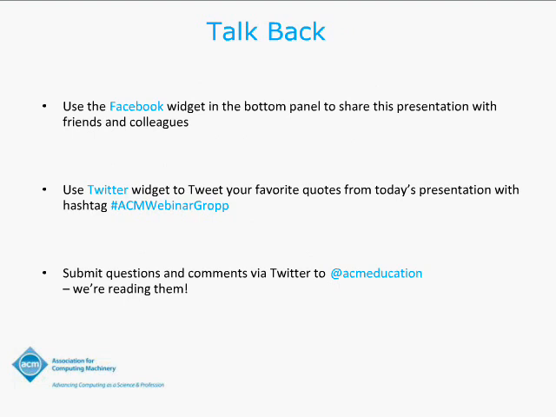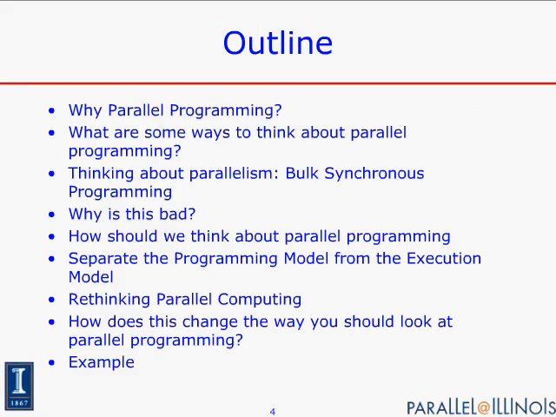you'll see on the outline that I'm going to talk a little bit about how we think about it, a common approach to building parallel programs, particularly in the scientific and technical computing area, which is called bulk synchronous parallelism and bulk synchronous programming, and things that we need to start thinking about, particularly as we consider applying parallelism to very, very large machines. So that's what we're going to be covering today.